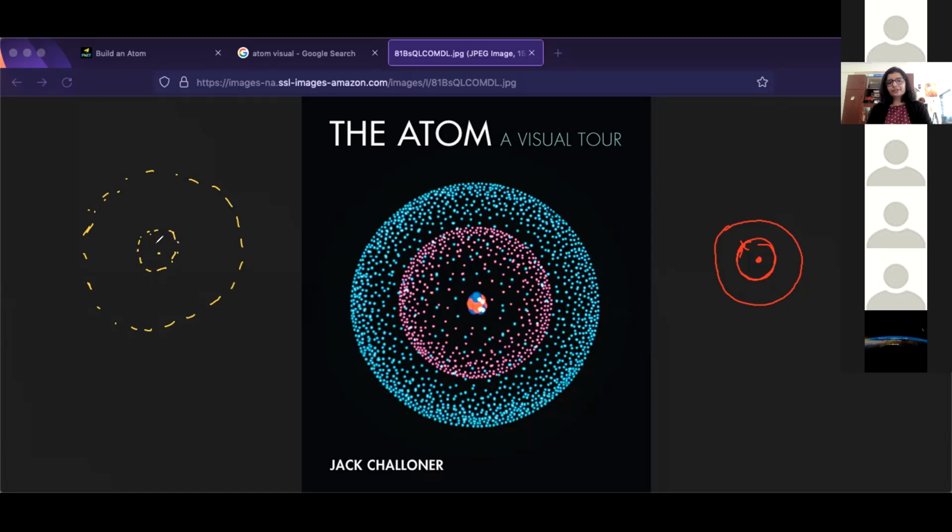So closer to the nucleus, where the circle is smaller, the number of electrons that can fit in this shell will be less. And then slowly as you go farther away, you get a bigger circle, and the number of electrons that will fit in these shells becomes bigger and bigger. We had discussed this in the previous class. What is the number of electrons that can fit in any shell?